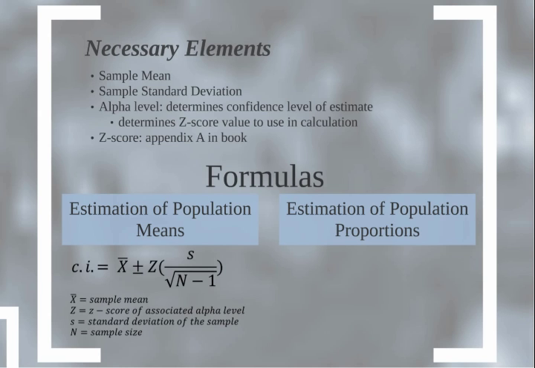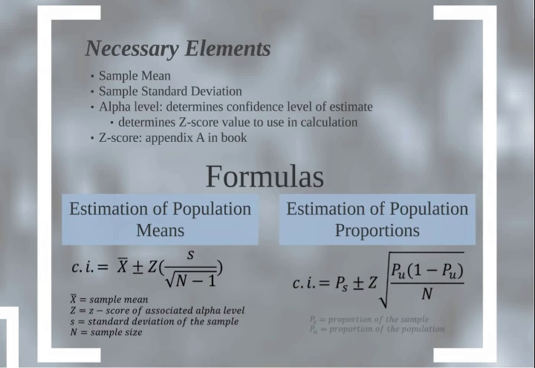So in this case, x bar is a sample mean, z is the z-score of the associated alpha level, s is your standard deviation of the sample, and n is the sample size. So you'll see a lot of the same elements here in the population proportions. In this case, P sub S equals the proportion of the sample, and P sub U is the proportion of the